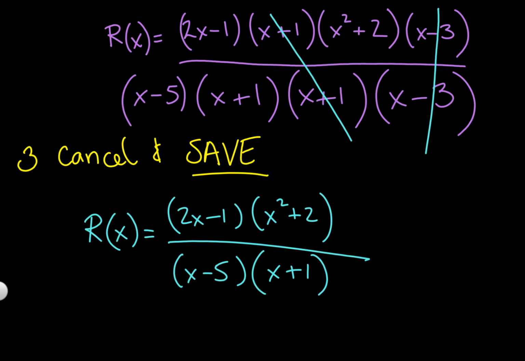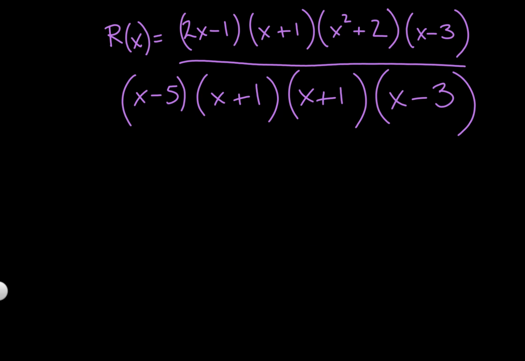All of the other things that we analyze are going to be coming from this reduced fraction. I do need to save my factors x minus 3, so a zero of 3, and x plus 1, a zero of -1. We'll analyze that later to determine whether either of those represent a hole in the function. All right, my next step